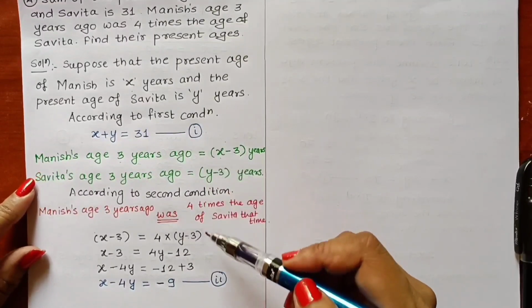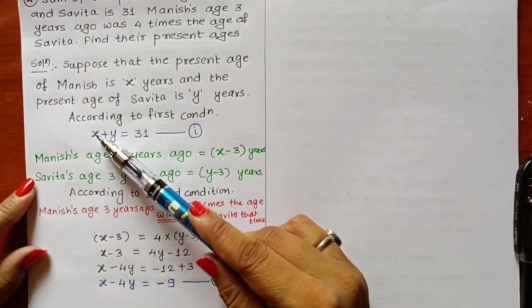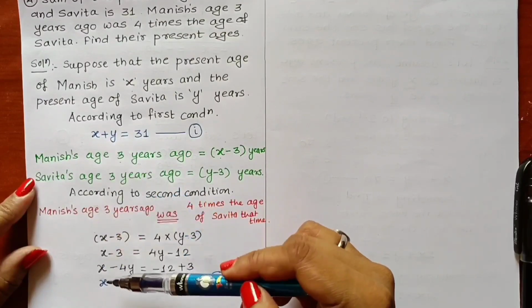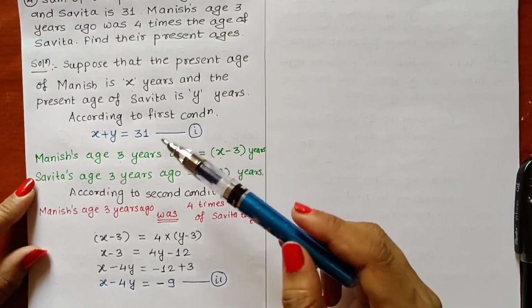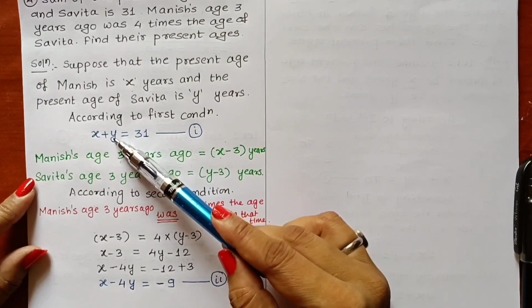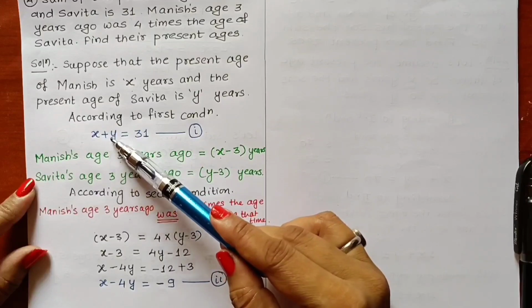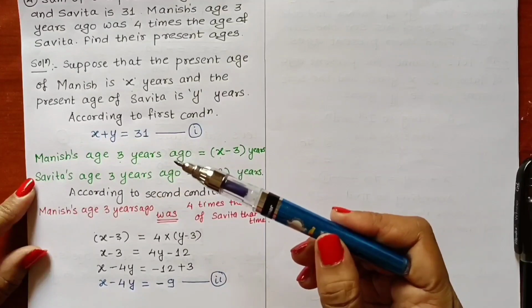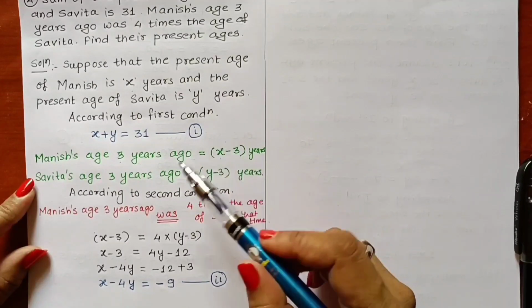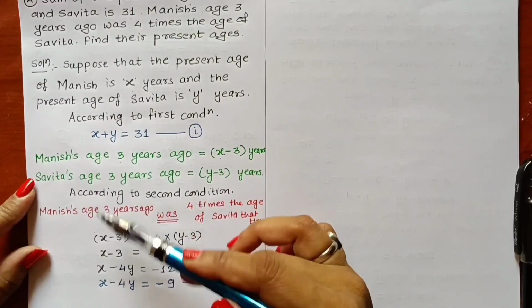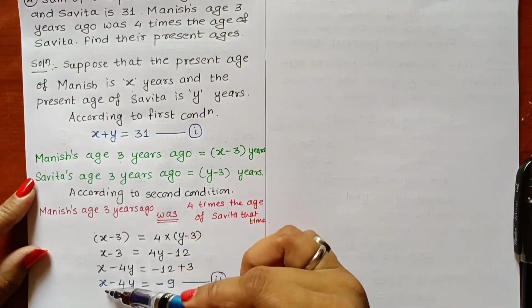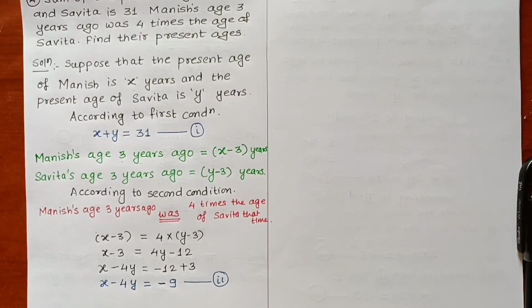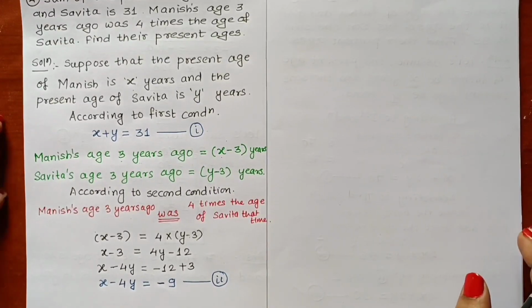Now let us observe equations 1 and 2. We have similar coefficients of the x term. No coefficient means 1 is there, and here also 1 is there. So you can directly subtract equations 1 and 2. Otherwise, if you want, you can equalize the coefficient of y by multiplying the equation by 4, and then you will get 4y here and can eliminate the y terms. Whatever you find easy, you can do. Here I don't need to multiply. I can directly eliminate the x term, because the x term has coefficient 1 in both, so I can subtract equations 1 and 2. So let us subtract.